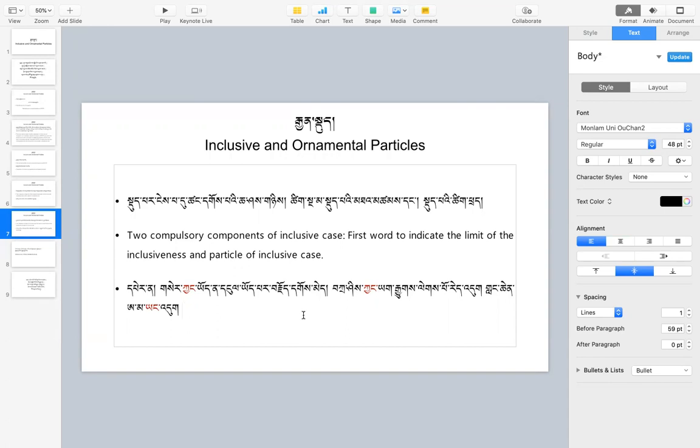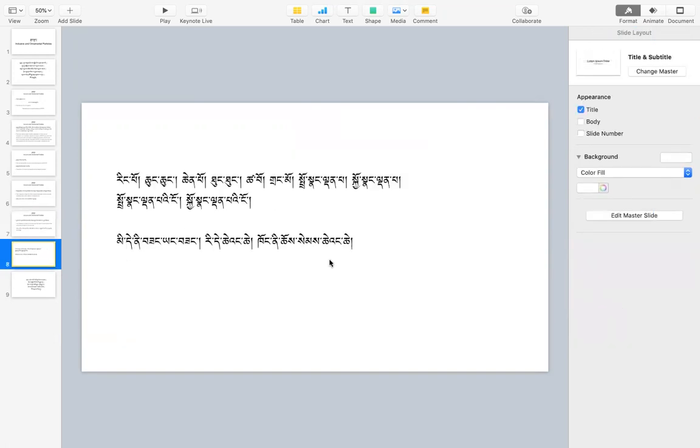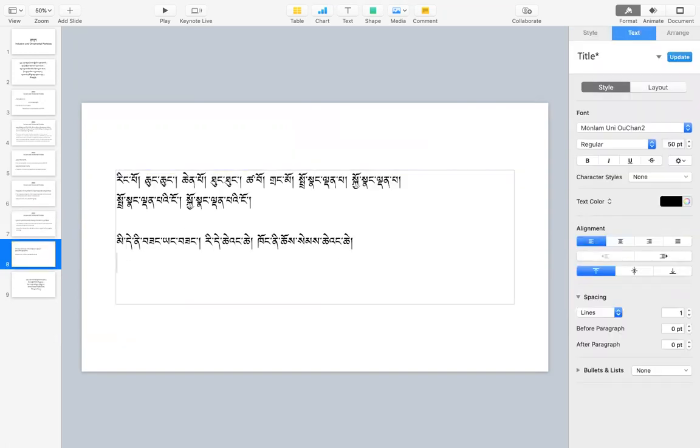So these type of statements are known as inclusive statements. So these are all inclusive statements. So let's try, for example, if we talk about another limit,